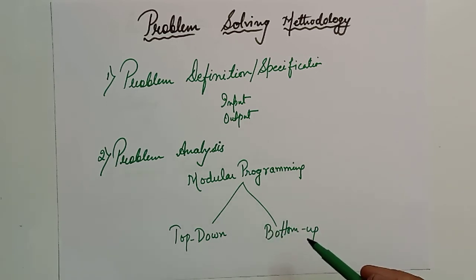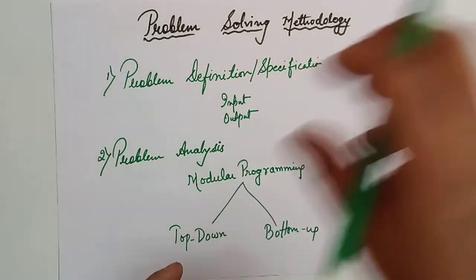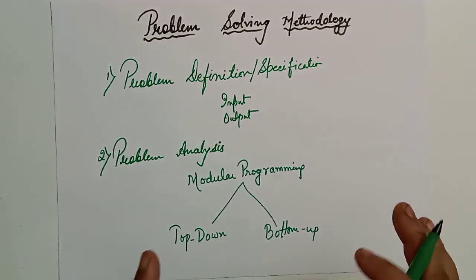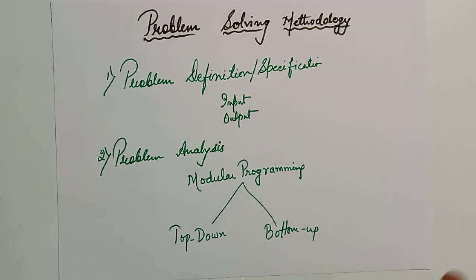Now bottom up is just the reverse. Bottom up design is just the opposite of the top down design. It refers to a style of programming in which an application is constructed with existing primitives of the programming language, and then gradually more and more complicated features are added till the application is written. In other words, let's say you already have some small modules available. You keep on adding them until you get the desired application. So this is what bottom up design is.